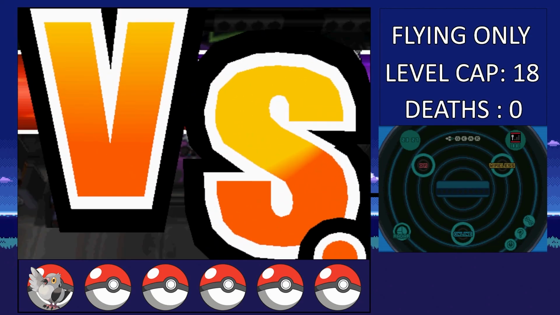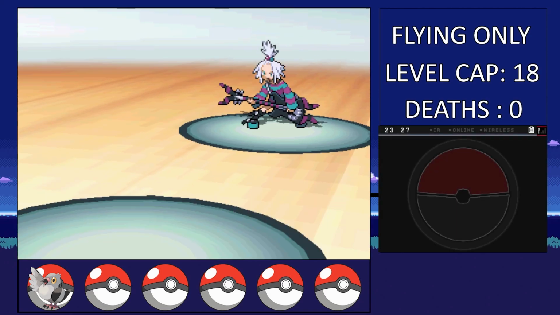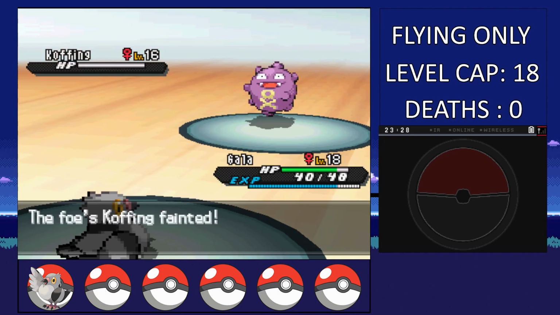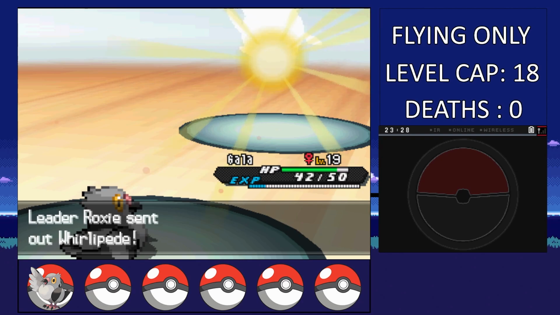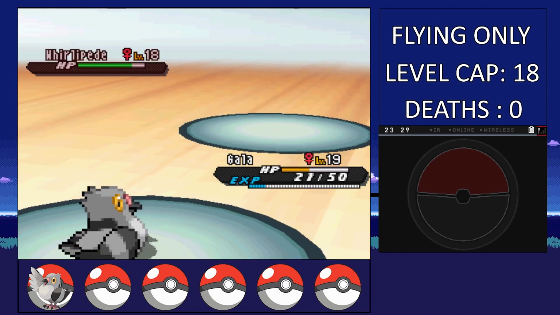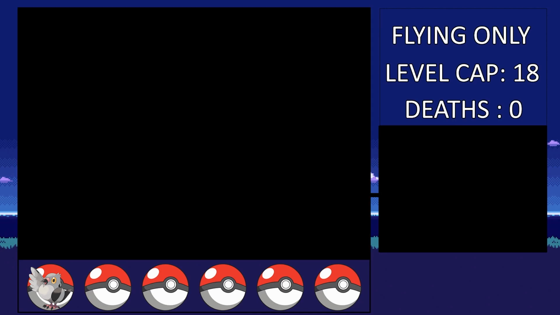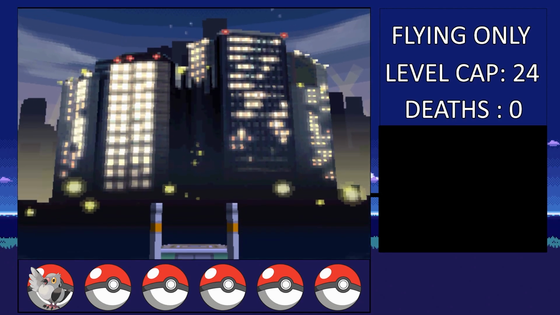After witnessing a family be torn apart by a father's dreams of acting, we can go and take on the second gym leader, Roxie, and her poison types. Leading with Gala against her Koffing, I can take it out easily with our newly learned Return and Quick Attack, which means she only has Whirlipede left, which is taken out in 2 hits with Air Cutter and a Quick Attack, defeating Roxie for our second gym badge,